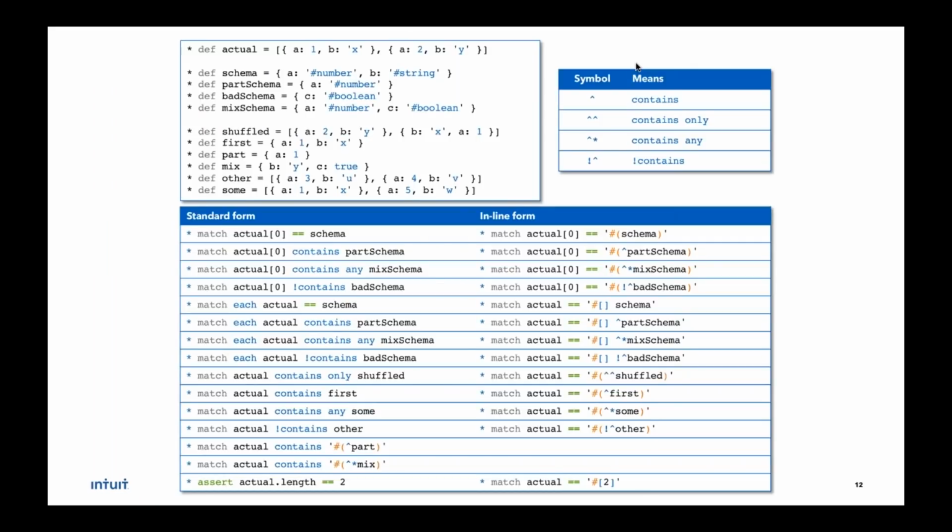Yes, this is a very busy slide, but it exists to impress upon you that Karate has very powerful and capable assertions built in. If you use another framework like, let's say, Rest Assured, you would have to mix in Hamcrest, for example, which is typically used for these kinds of array comparisons, contains, and deep equals, which is very difficult to do in Java, as I already explained. So I won't go through all these things, but the point is that you don't need to rely on something like Hamcrest. It's all built into Karate.